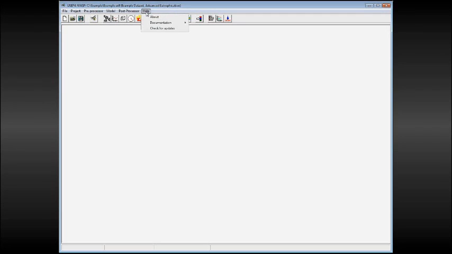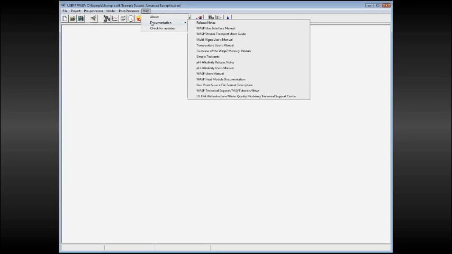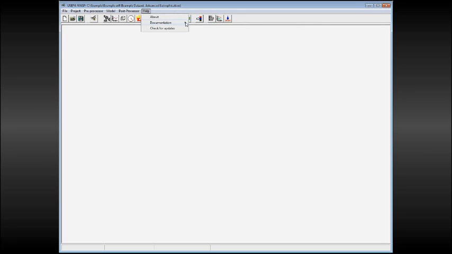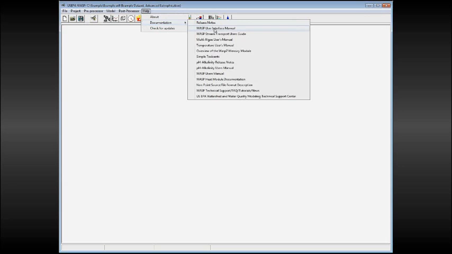Lastly, you can access all of the WASP documentation. It's all available from the documentation tab. It's all installed with you. Release notes for anything new, documentation, how to use the user interface, a lot of detail in a lot of stuff that I just showed you, documentation for the stream transport, the multi-algal model, the temperature model, the mercury module, simple toxicants, some details about the pH alkalinity model, a basic WASP user's manual, documentation for the heat module, a description of the non-point source file format if you're planning on using that,